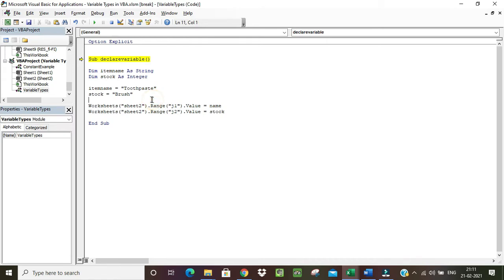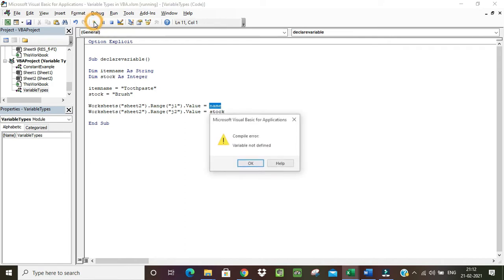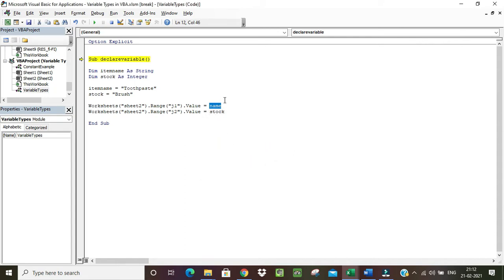If you remember from the previous video, whenever we fix any bug, we need to reset the program, then we can run it again. Now we are running it again. You see another error was given, variable not defined. It's the same thing, so we need to fix it here also, item name.